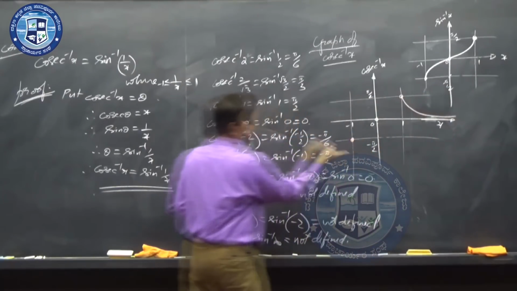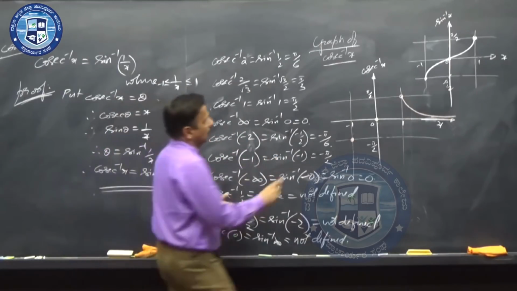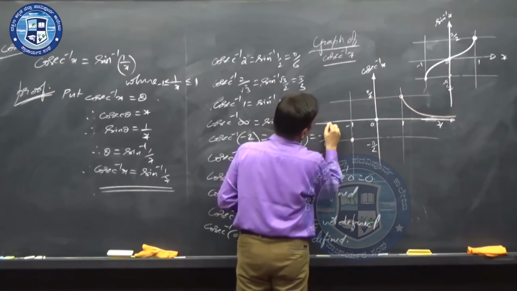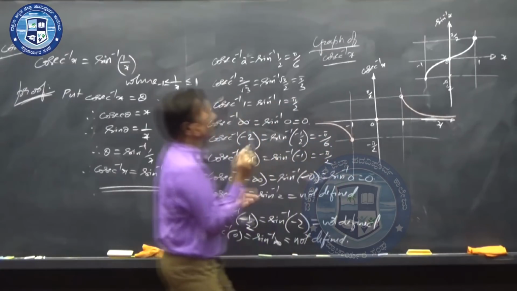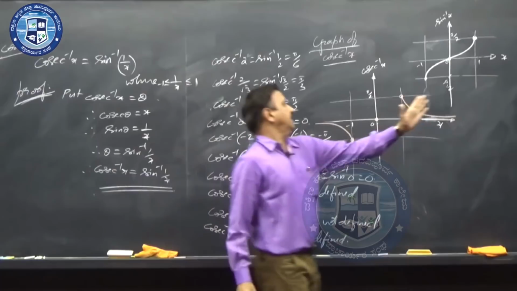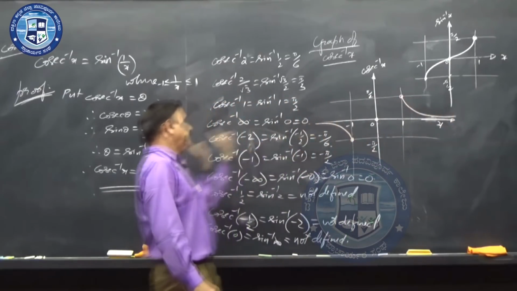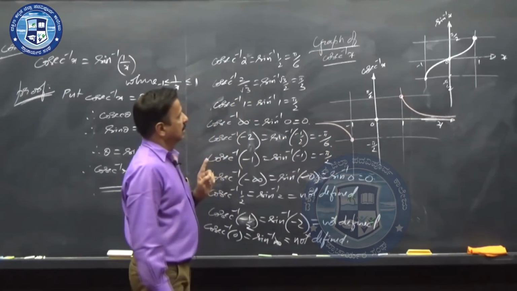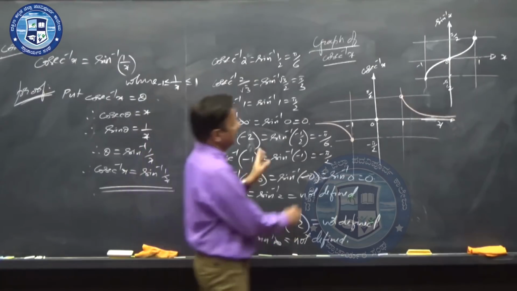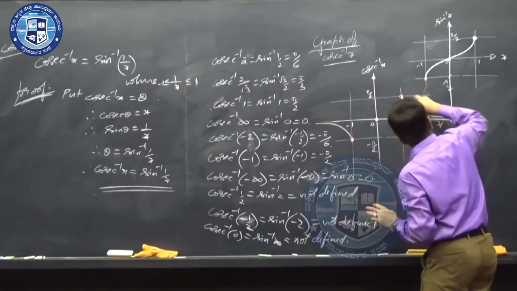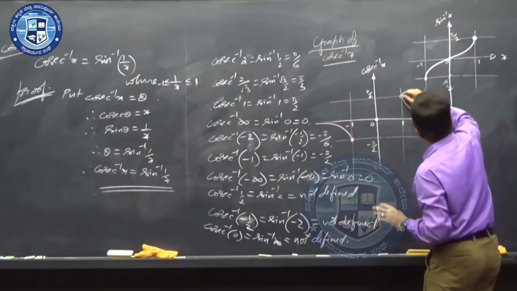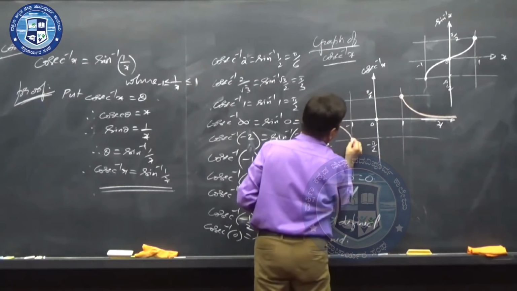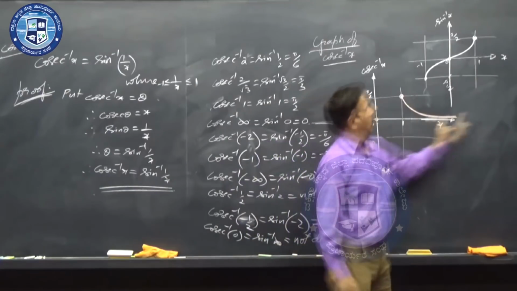And next, cosec inverse minus infinity is again 0. Look at this, like this. This is cosec inverse minus infinity. Cosec inverse infinity is 0, cosec inverse minus infinity comma 0, which means the graph is asymptotic to this horizontal axis, the x axis. This is the graph of cosec inverse x. Look at this. When you draw the entire graph, the points must be very clearly seen. This point has to be marked very clearly like this, and even this point has to be marked very clearly like this, along with the asymptotic curve.